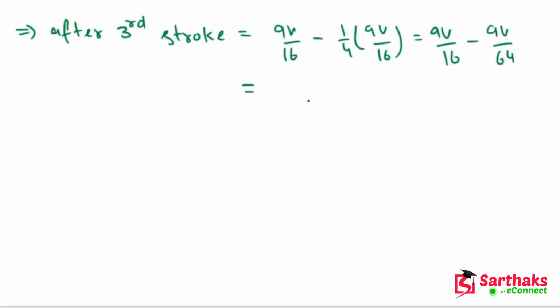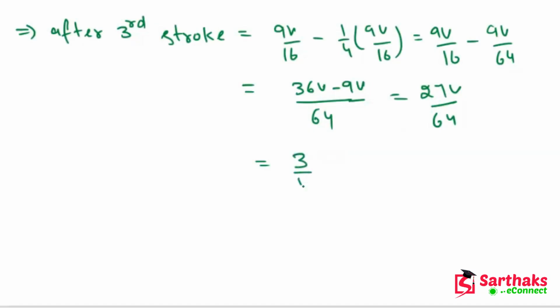Now 64 is the LCM, so here it is 36V minus 9V. This becomes 27V by 64, which we can also write as 3 upon 4